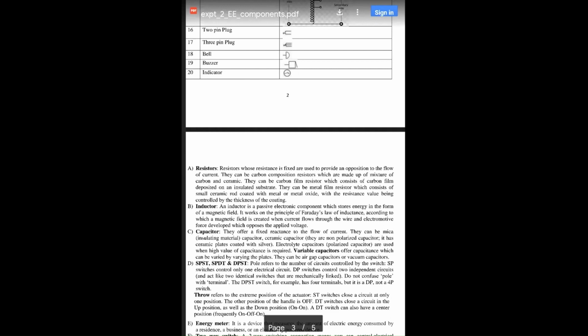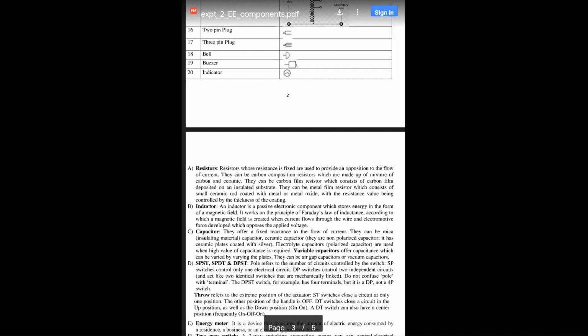So you must have seen this at your home. It may be used for pressing your clothes and all. Three-pin plug is more common these days because it has three pins. One is of earthing, one is of phase, and one is neutral. So phase wire and neutral wire can be interchangeable, but the